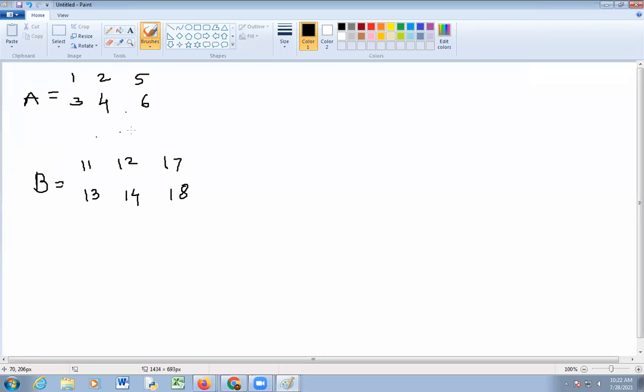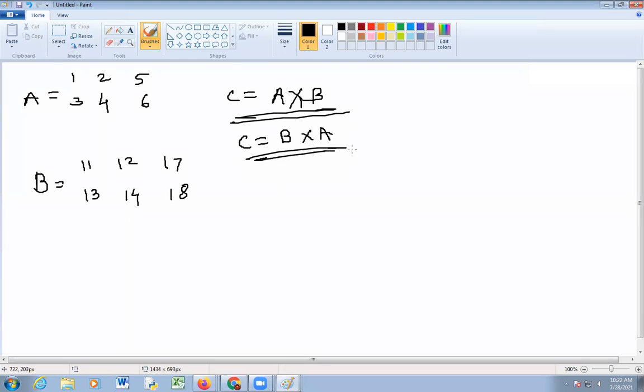Suppose I want to take multiplication of these two matrices, matrix A into B, and data is stored suppose in C. Then is it possible? No, sir. B into A is not possible. Okay, see here. Suppose I want to do multiplication B into A. Now check.